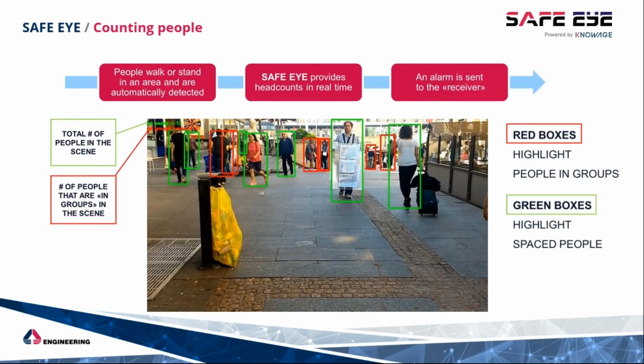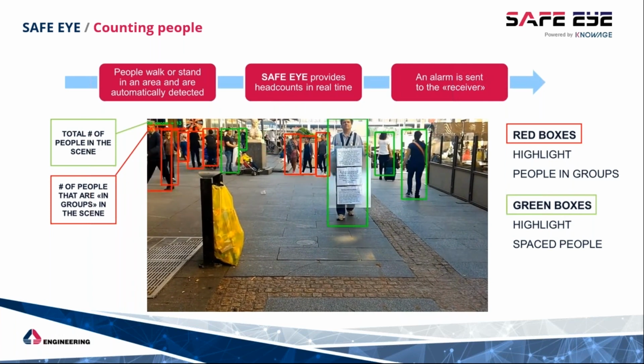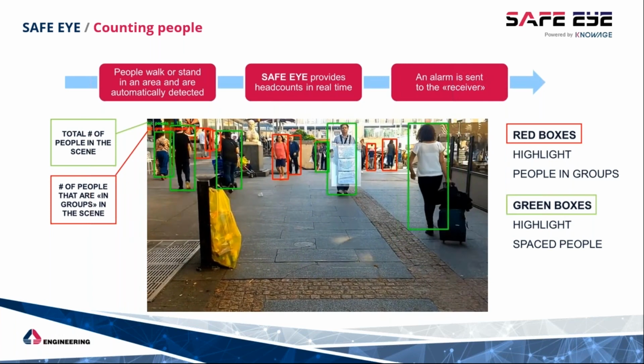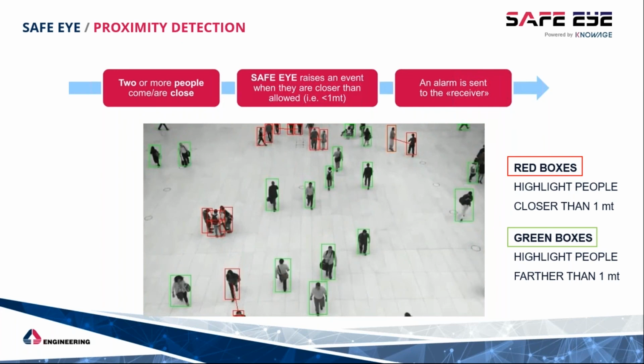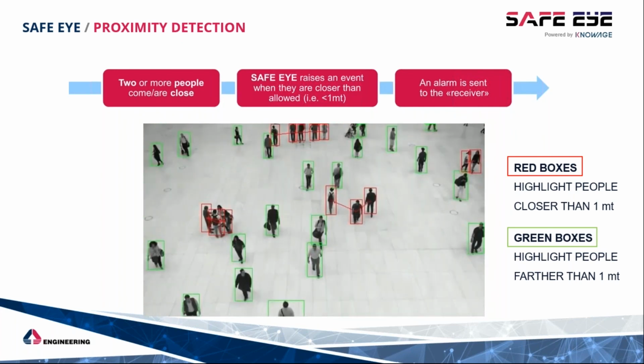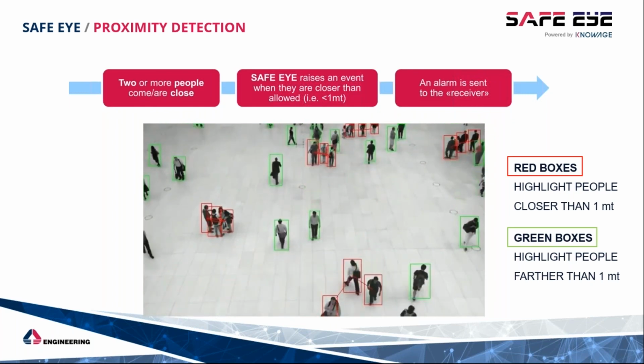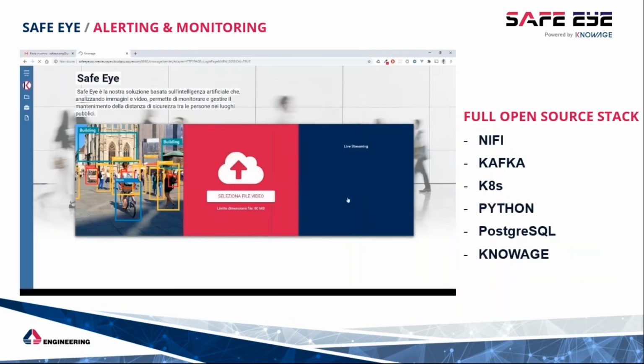Over there, SafeAI detects and counts people in a certain area, providing an alarm if they are too many, and evaluates the distance between people, two or more, sending an alarm if the distance between them is less than a certain threshold. And so, as I said, this